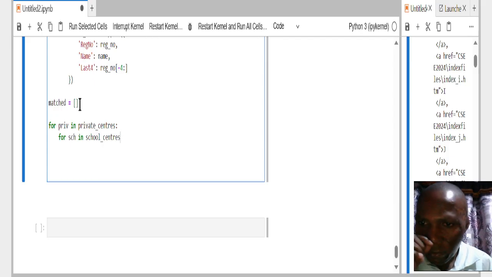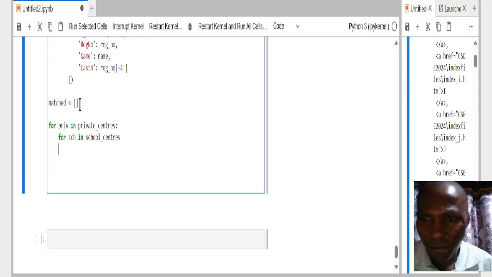So for each private center in all private centers, then check for all school centers to see if there is any school center which has a match of the last 4 digits in the registration number. So let's proceed. So in school centers, this is also a for loop, then